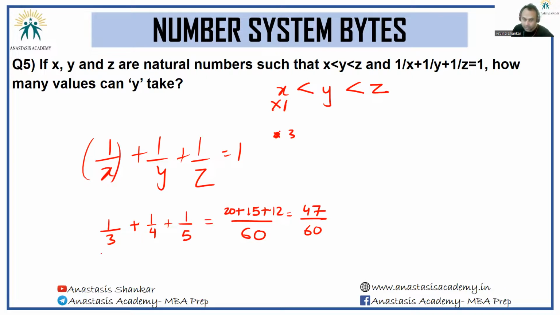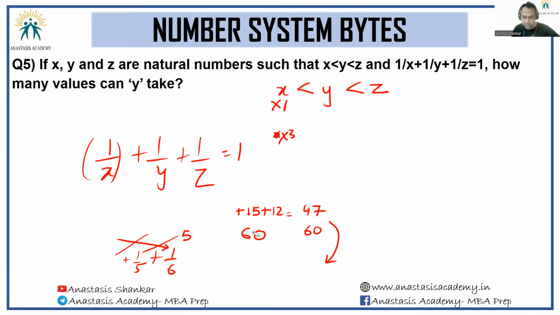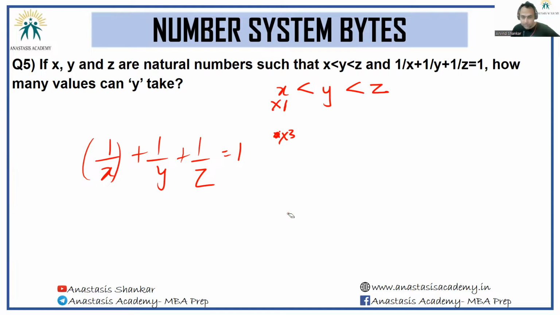So can you see, if I go down the path of 1 by 4 plus 1 by 5 plus 1 by 6, 1 by 4, 1 by 5 is same. I have effectively reduced 1 by 3 to 1 by 6. The value would go down. I will not reach 1 if I take x as 3 either. So this is also unacceptable. Let me get rid of this working at the bottom. Now that I've gotten rid of this also,